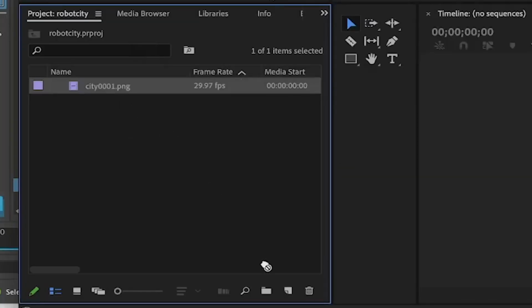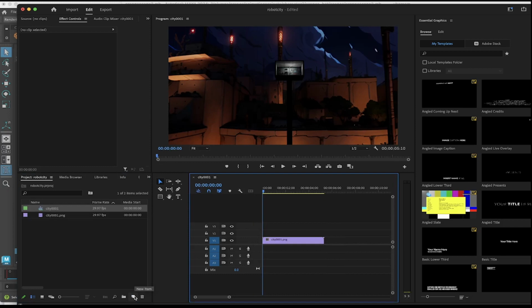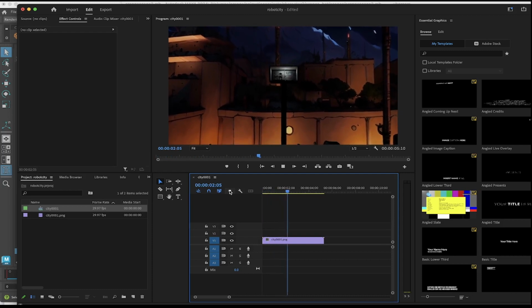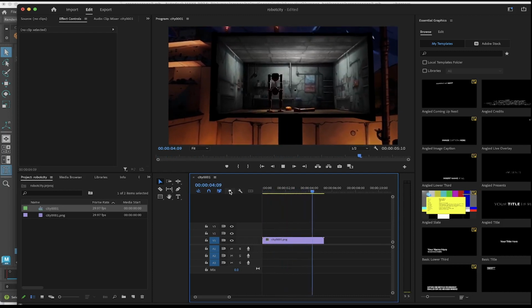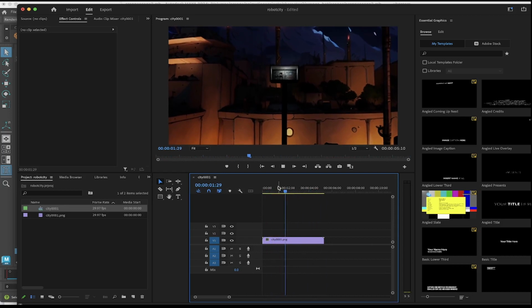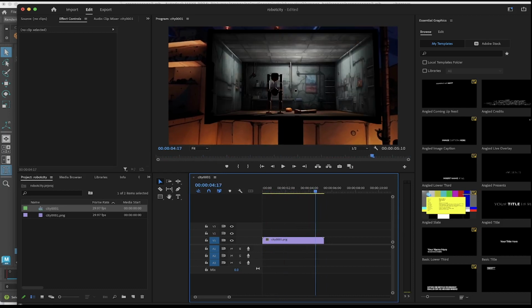Drag this image sequence right here to your new items. And see the magical results of the camera sequencer. Press the spacebar. When it's time to render this out, go under File,